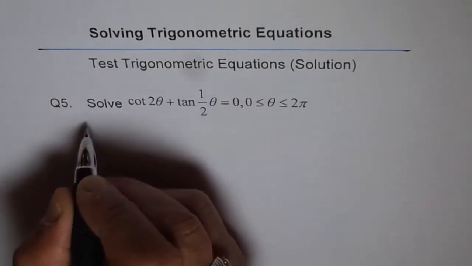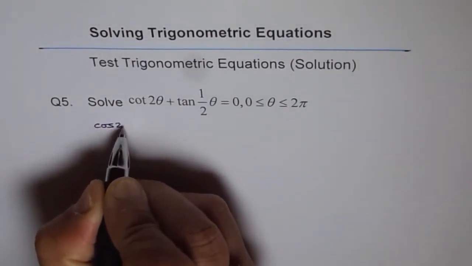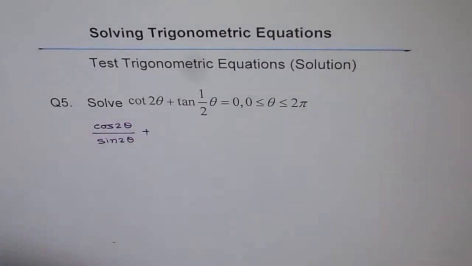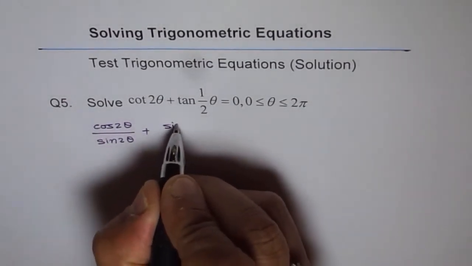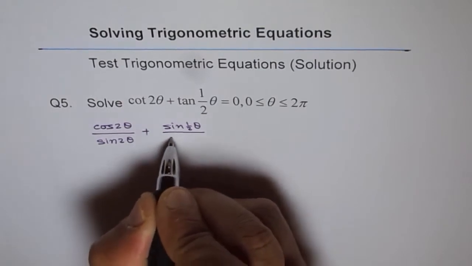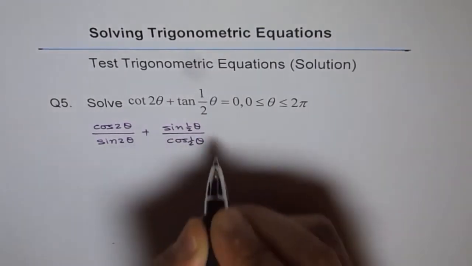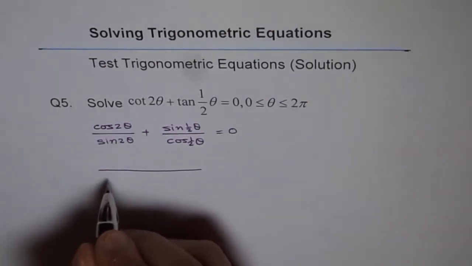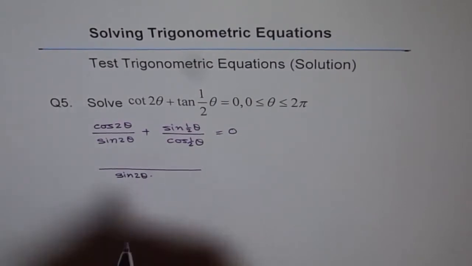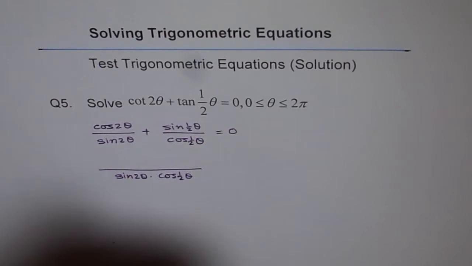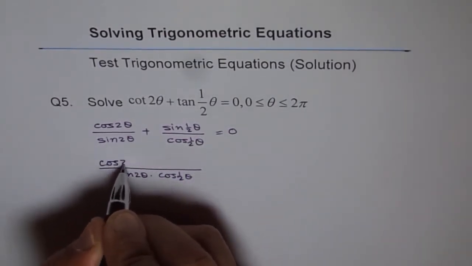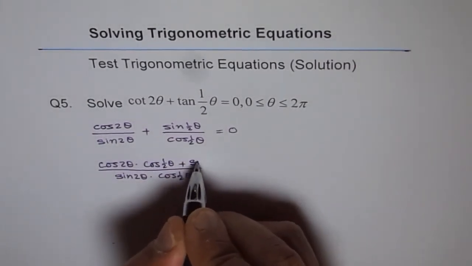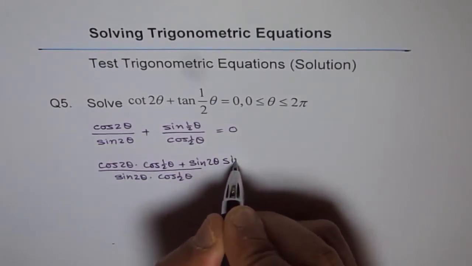So cot 2 theta can be written as cos 2 theta over sine 2 theta, right? Plus tan half theta can be written as sine half theta over cos of half theta, right? Equals 0. Okay. Now we can take a common denominator, and the common denominator for us is sine 2 theta cos half theta, and here we get cos 2 theta cos half theta plus sine 2 theta sine half theta